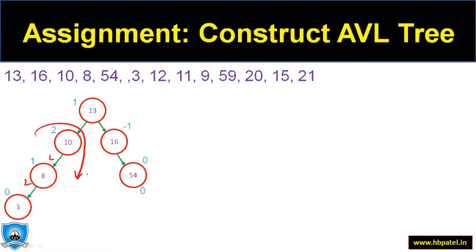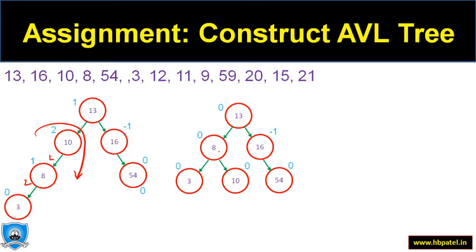So this 10 should go down, 8 should be my new vertex, and this 3 should be on the left hand side. So now you can see that 10 has come down. Now 8 has become my new vertex, this one, and 3 has replaced 8. So now this one is balanced out. Now next comes